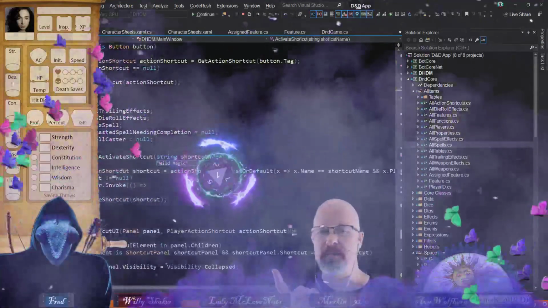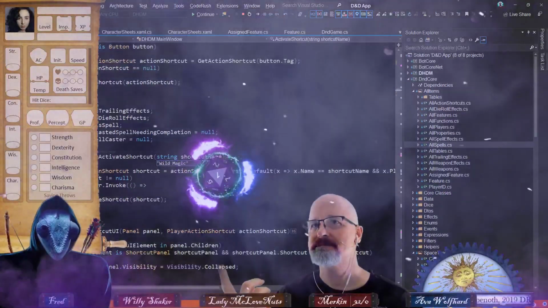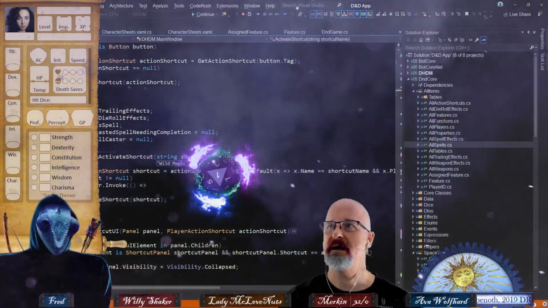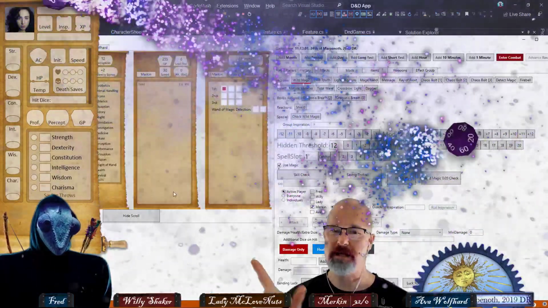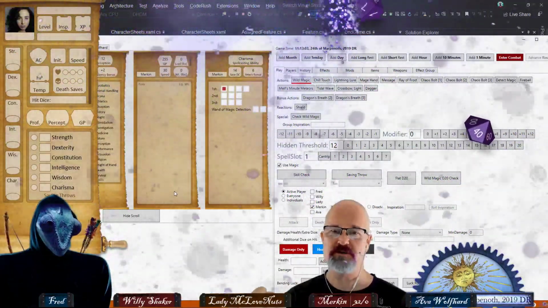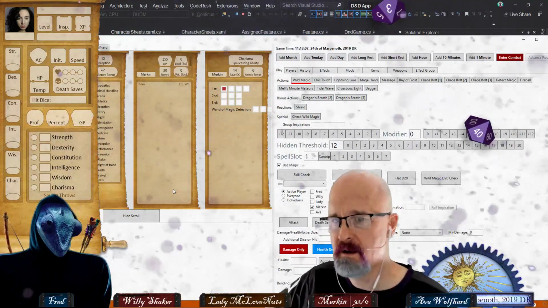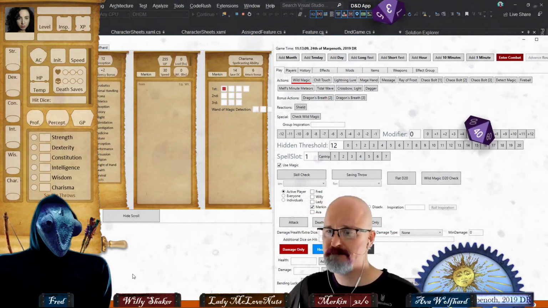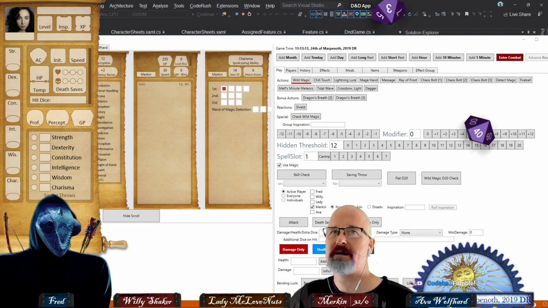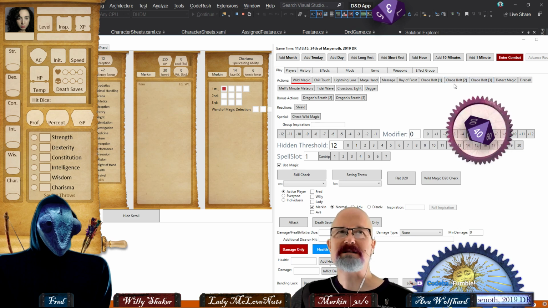So that's the check wild magic roll. Activating shortcut. Okay. Then we do the wild magic roll. The first one's checking to see if we roll a 1, and if we do, then we have to roll a D100. Teleport 20 feet. Bonus action. Okay, fumble. A little bit of fumble, I guess. So that's the first time.